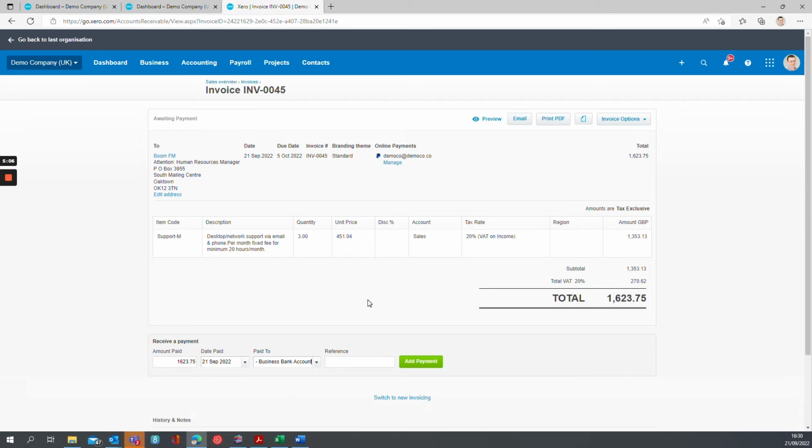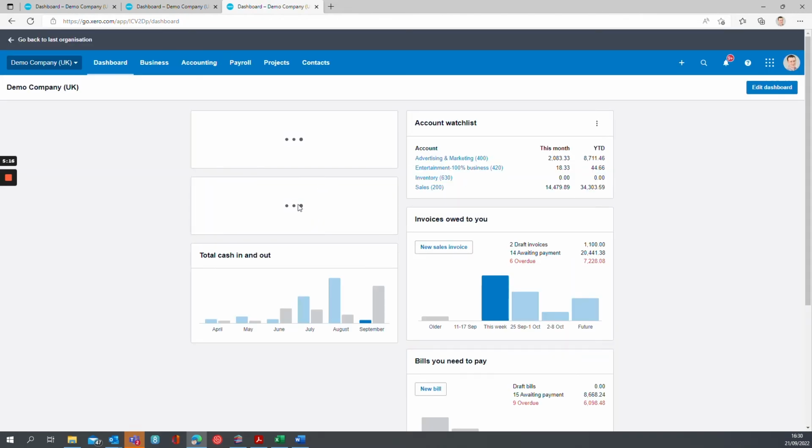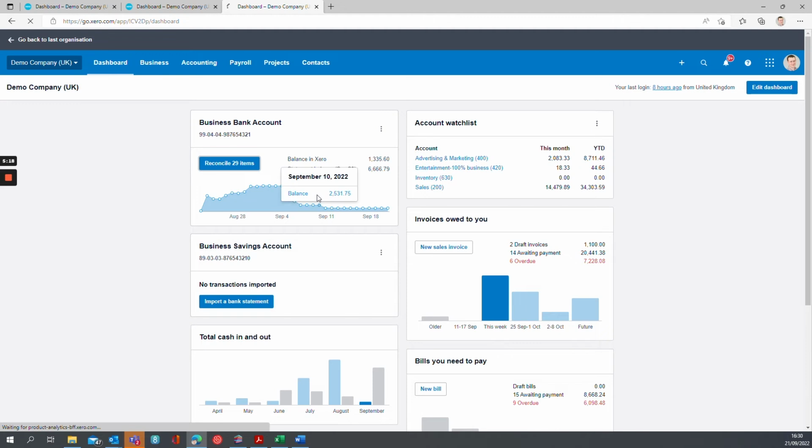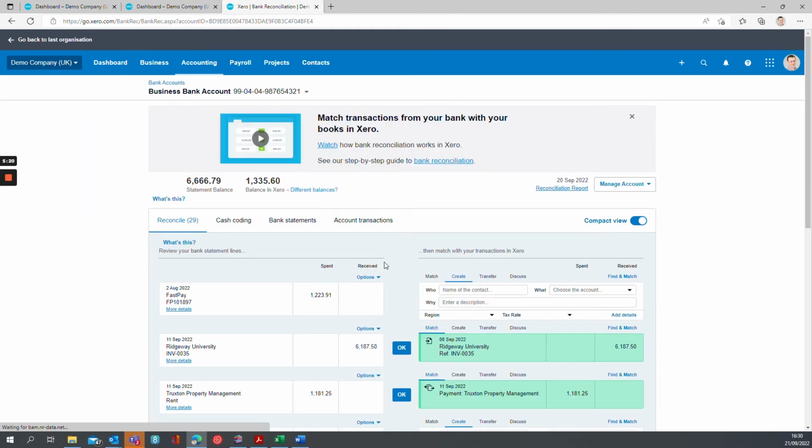Now, if, for instance, that payment came through onto your bank feed, and instead of using find and match and matching it to the payment, you created a receive money transaction because you couldn't find the invoice for payment. So if you just went, oh, that's not gone green, oh, that's received money, so just fill in these details, that would reconcile that payment through the bank, but then you'd also have your payment that you've just manually put onto your invoice. So if that's what's happened, what you'll need to do is find that transaction that you've done